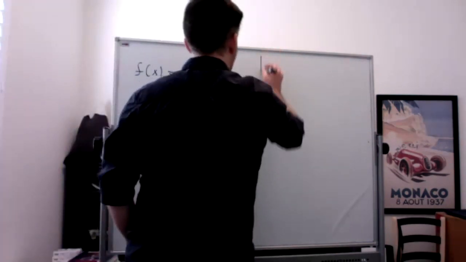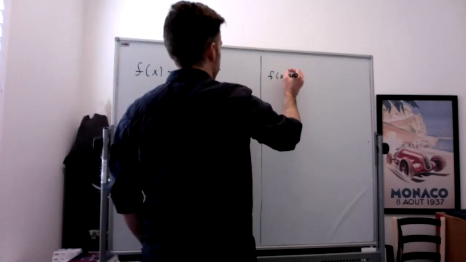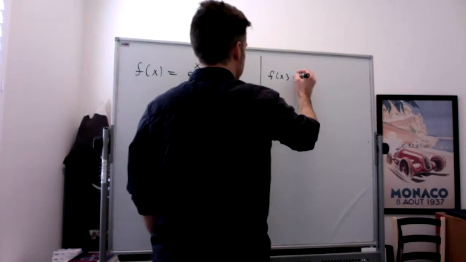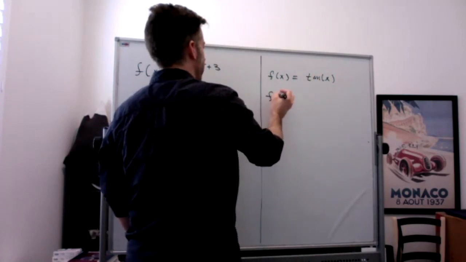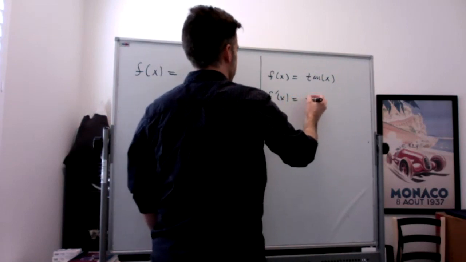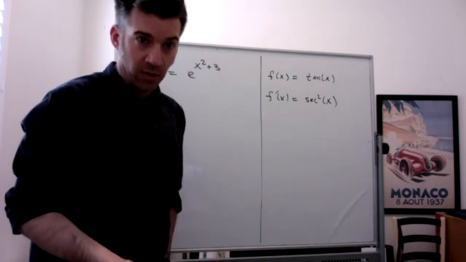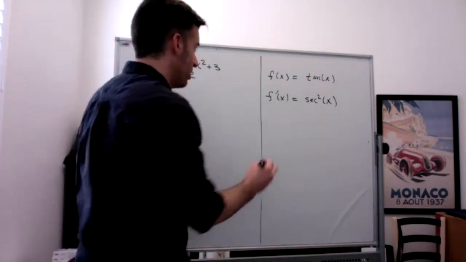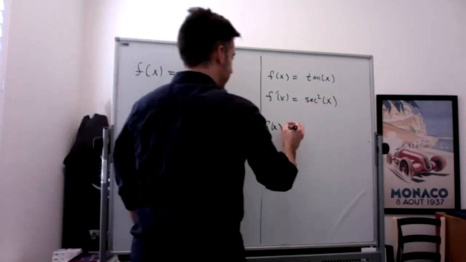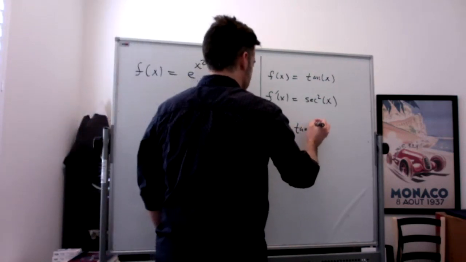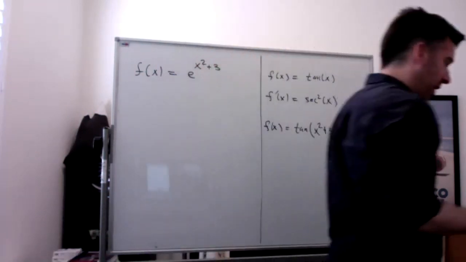For example, if my function was something super straightforward like tangent of x, we know the derivative of tangent of x is secant squared of x. And in a similar way, we can use the chain rule. Let's make it very similar to what we've got going on here. Let's say our function was tangent of x squared plus 3. The derivative of that would be,